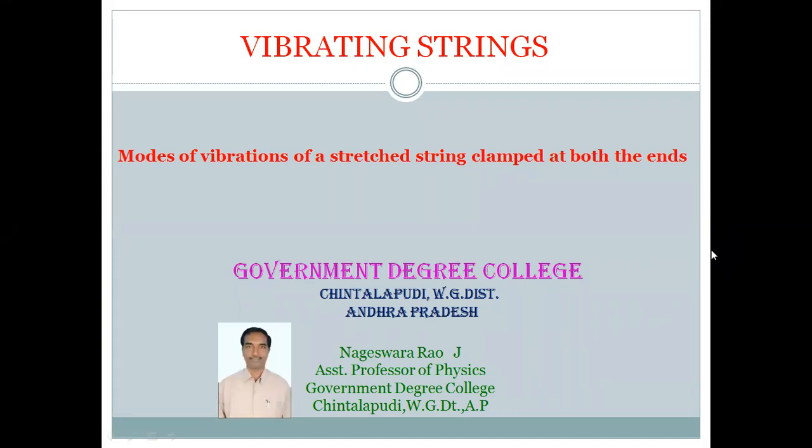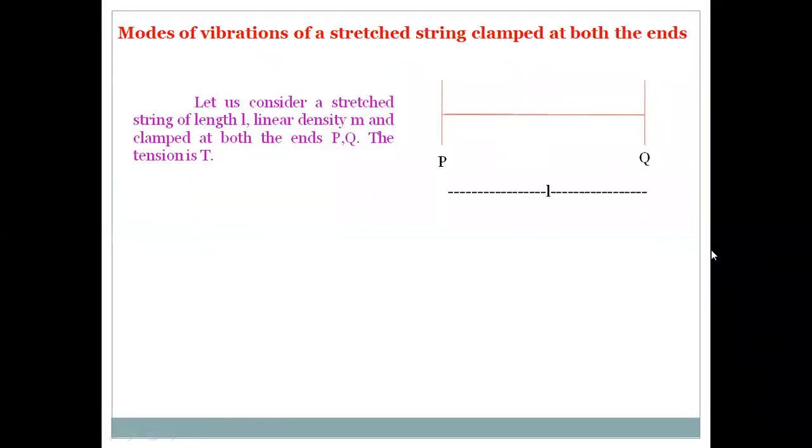If both the ends are clamped with some tension T, how the frequency changes in it, we will study in this presentation. So let L be the length of the string whose ends are P and Q. It is clamped at both the ends. When we pluck it at its middle, perpendicular to the length, transverse waves are formed. And at the end points, due to the clamp, the transverse waves reverse back and form stationary waves. So due to these stationary waves, how does the frequency change? We will observe in this presentation.